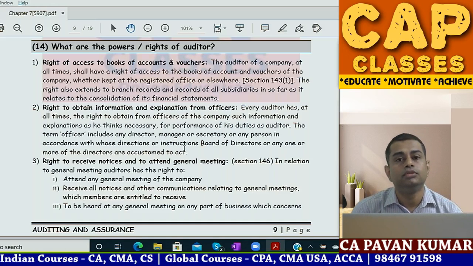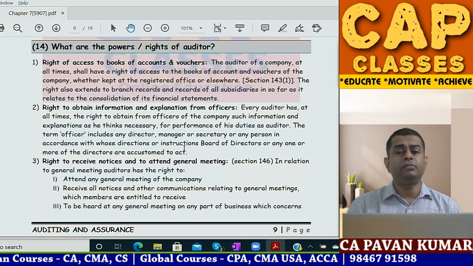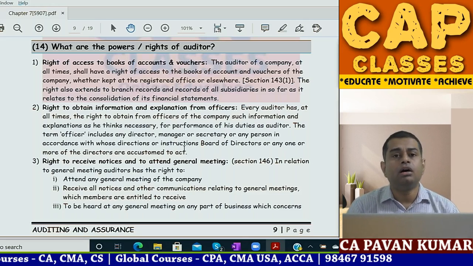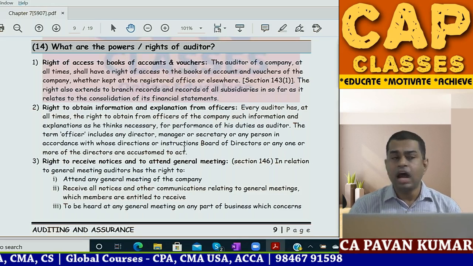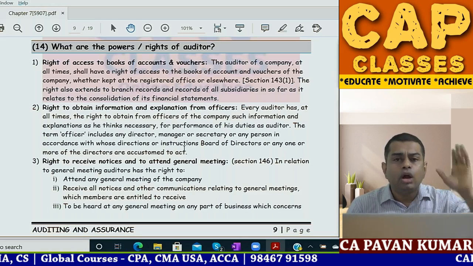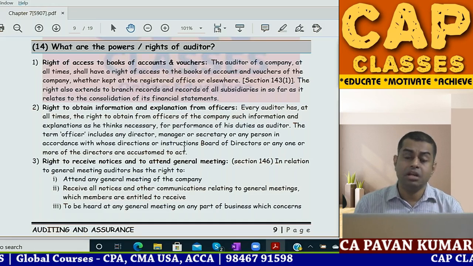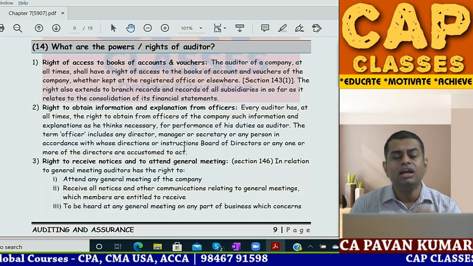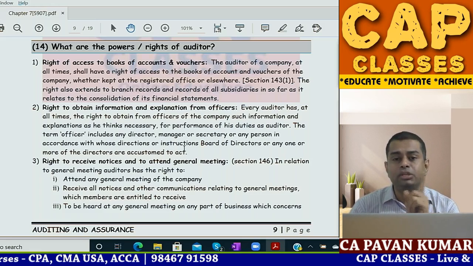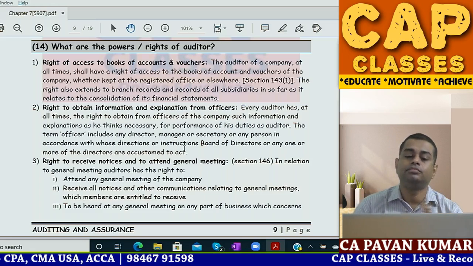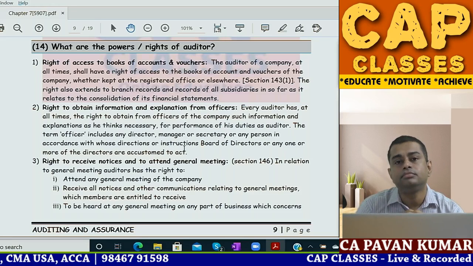So, if you are not furnishing information, it amounts to restricting the scope of the auditor, which you should not do. Now, you cannot say, I am Chief Information Technology Officer, I am an engineer, so I am only into research and development of this company, I am a software developer, why is the auditor asking details from me? I will not give. Boss, listen, any officer of the company, any employee of the company, if the auditor is asking information and explanation, you have to give. You have to give, that's all.